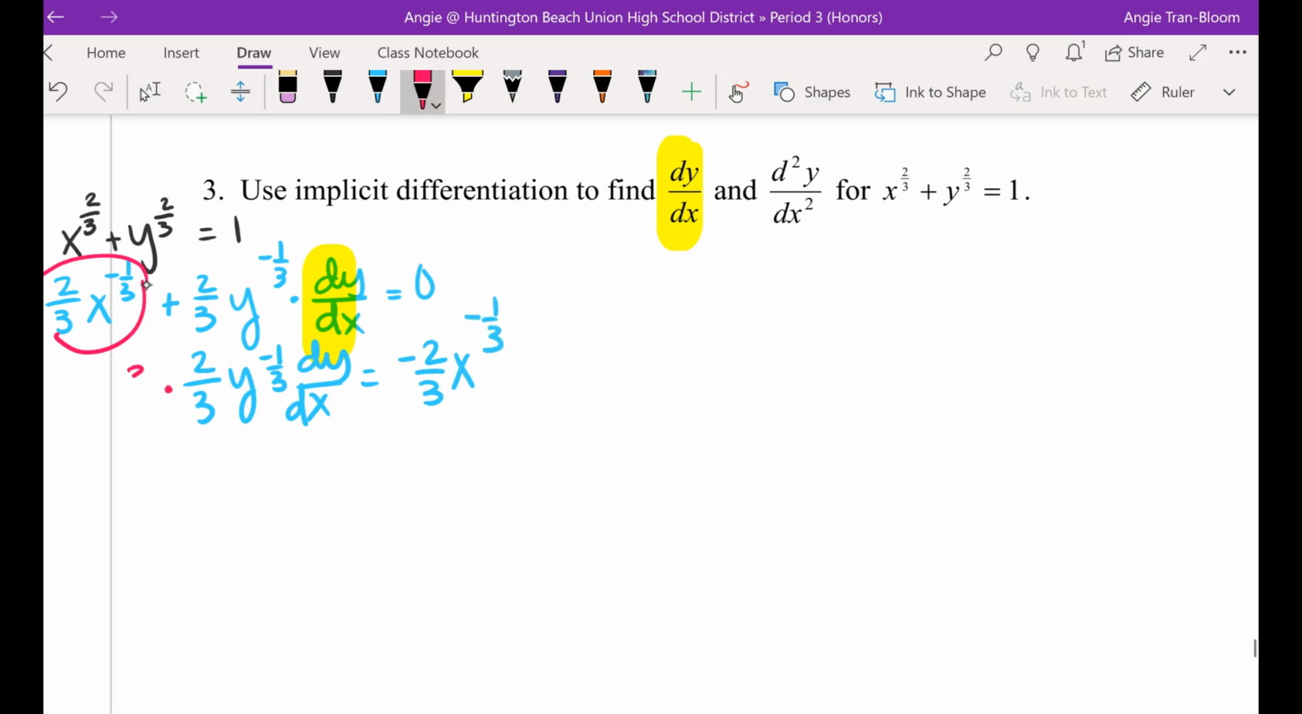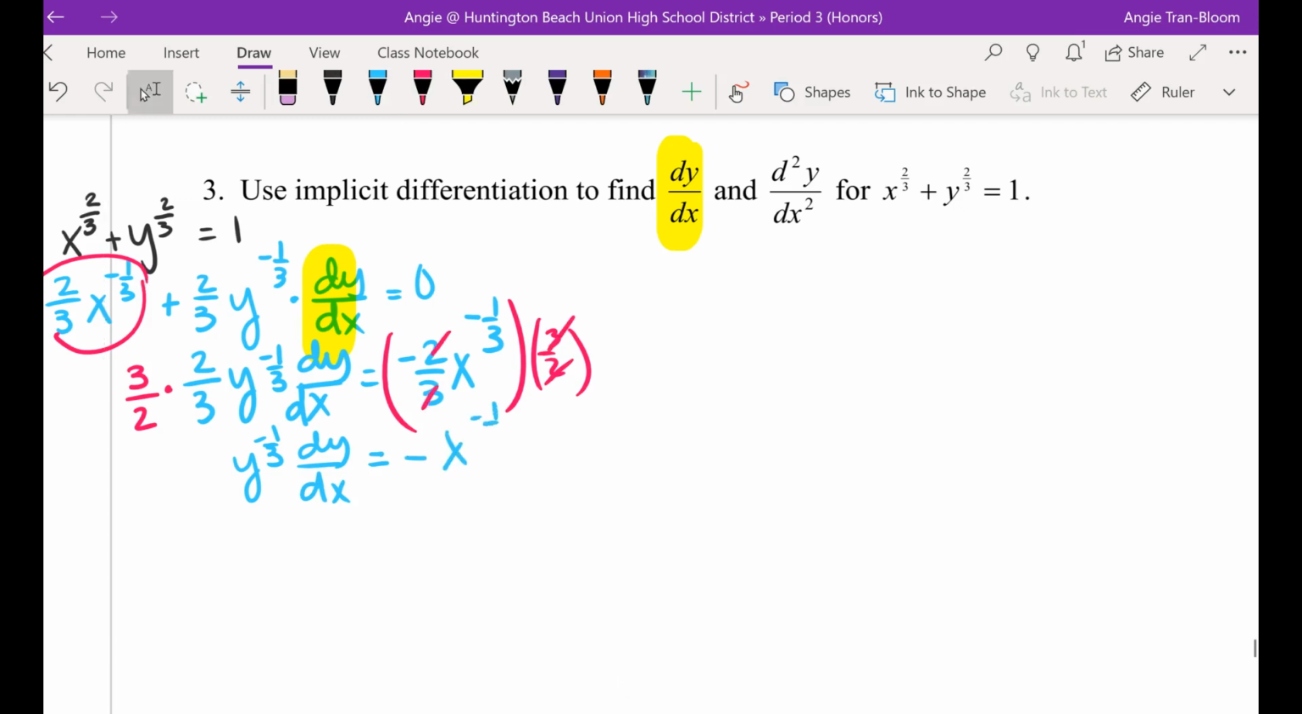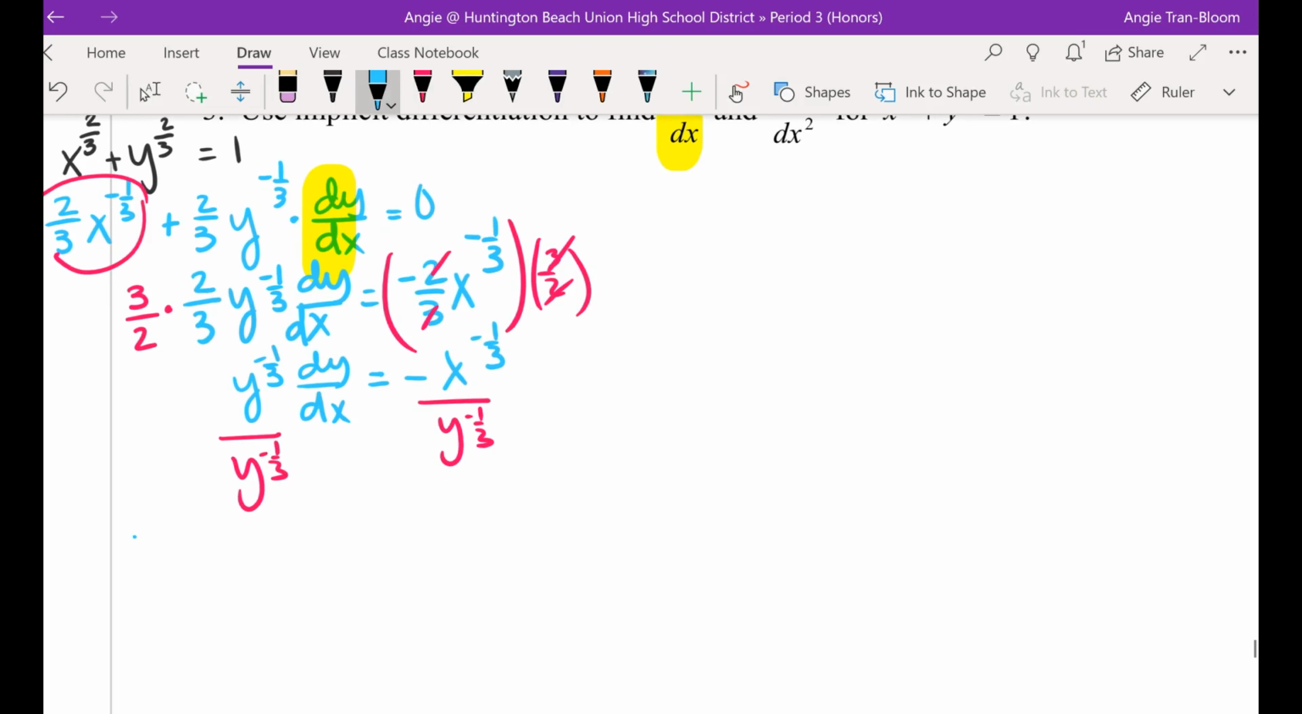I will get rid of the fractions first, so multiply both sides by its reciprocal, 3 over 2. Now I have y to the negative 1/3 dy/dx equals, if I do that, everything cancels, so negative x to the negative 1/3. Now divide both sides by y to the negative 1/3, okay? So our dy over dx